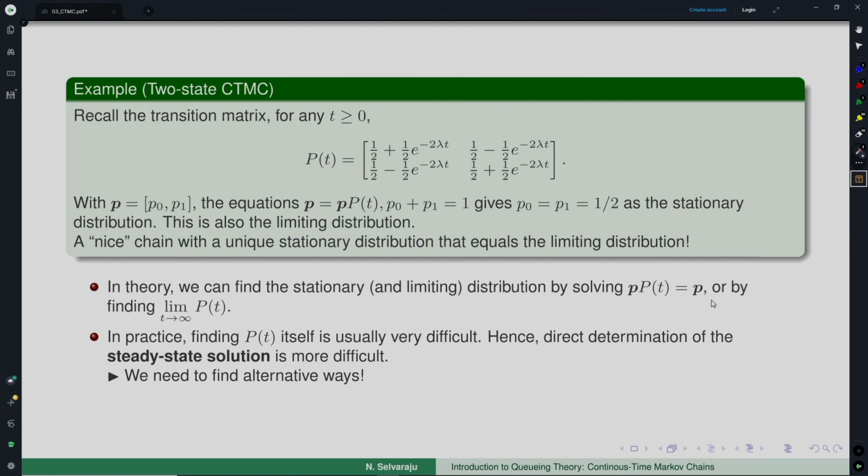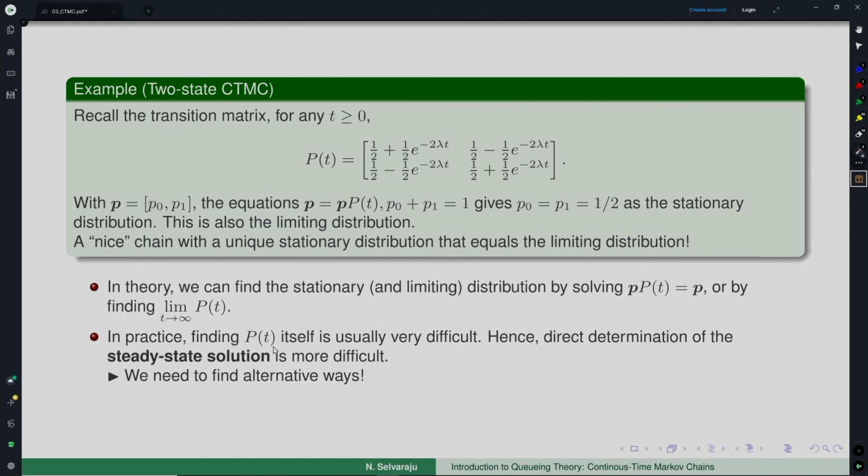Now, in practice, remember in both these cases we need p of t, here also p of t and take its limit, here also p of t and you are solving this system. But getting this p of t is not such an easy task. It is very difficult. Even in very simple cases this will be a very complex process. We will exhibit one later, but for the time being take it for granted that even in a very simple case it is not easy to find this p of t.